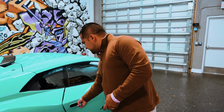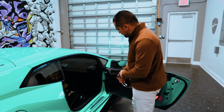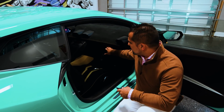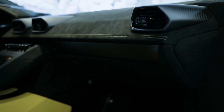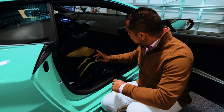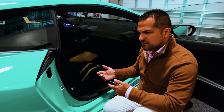Now, we're going to go here on this side of the car because I want to show you something else on the interior here. You obviously have to understand that in most race cars, you would not have a glove compartment here. Here you do. You do still get a little bit of a glove compartment. It's a little bit smaller, but it's there. And one other cool feature you don't really see in the photos as much,